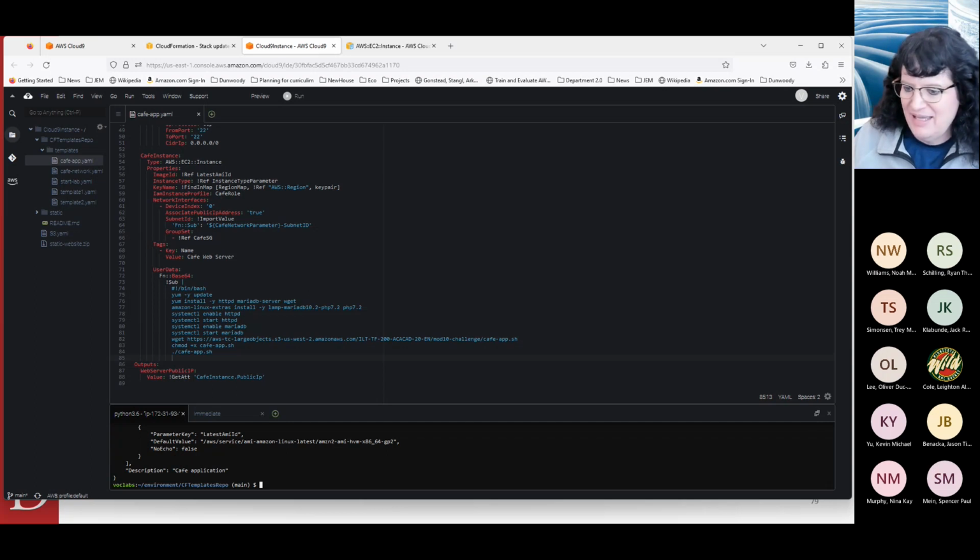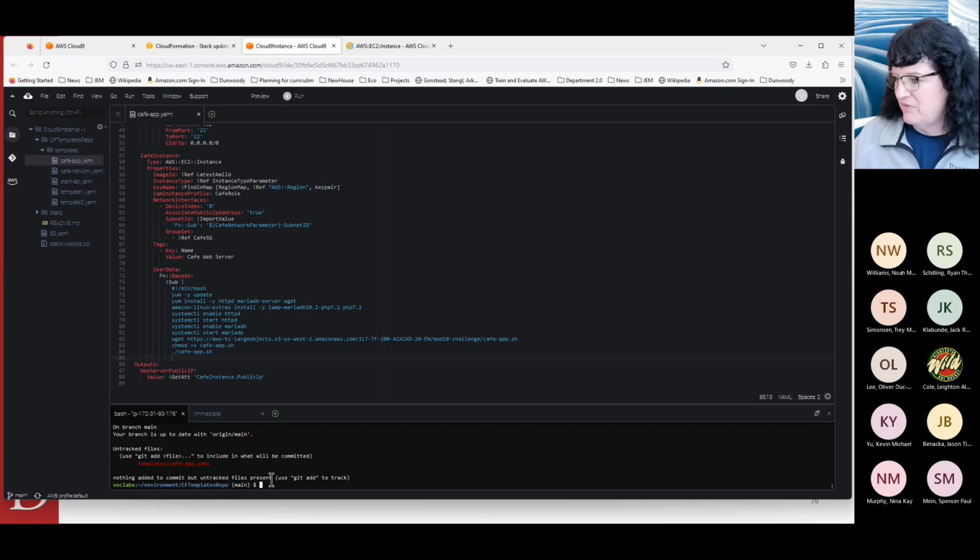So now that we got that, what we need to do is we're going to do our git commands to actually move this up. And so what we're going to need to do is we have a new file. And our new file is called, where'd it go? Cafe app YAML. So the first thing we need to do, well, we can do a couple things. We can do a git status,